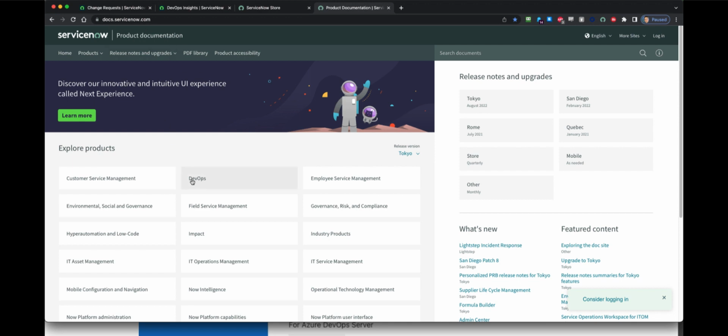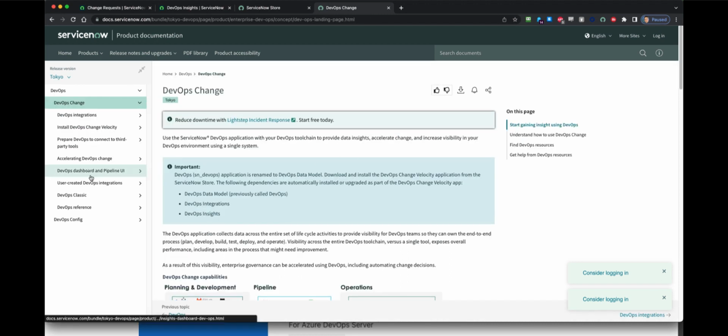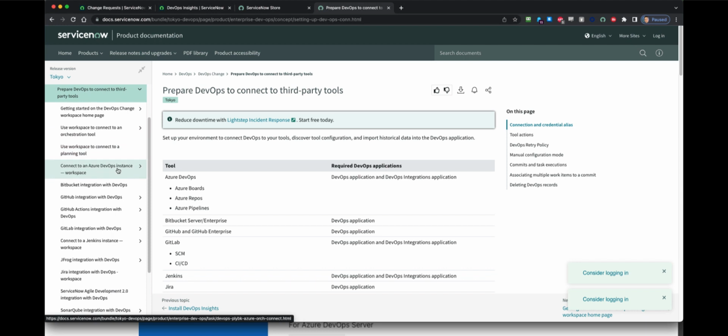docs.servicenow.com, DevOps, DevOps again, and reference this section to connect to third-party tools. Any of the settings for Bitbucket, GitHub, GitLab, Jenkins that are specific to those tools will be in this documentation. For instance,